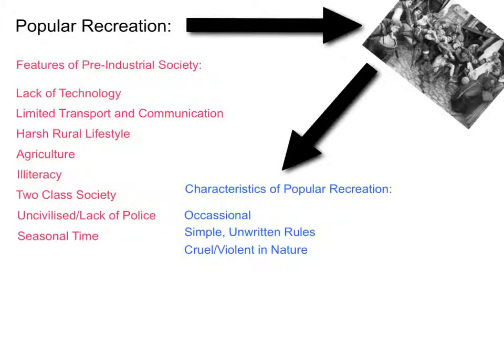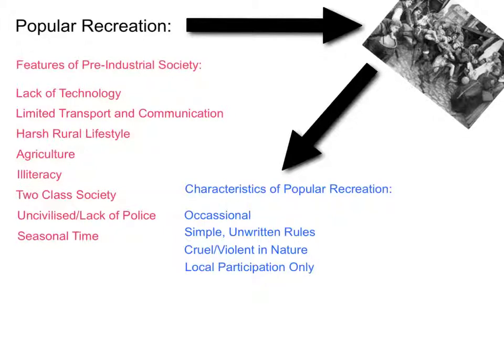As there was limited transport and communication in society, popular recreation was a local participation only activity. That is, there were not widespread fixtures between neighbouring towns or cities, as it was difficult to get from one town to another. Therefore it was played locally within a village or a community. As we will discover later, it was only with the advent of the train and the improvement in transport links brought about by the Industrial Revolution that widespread fixtures between different towns and cities and their clubs became commonplace.